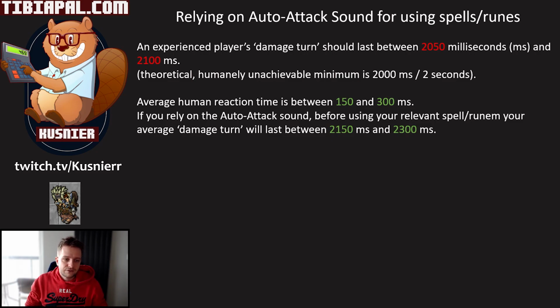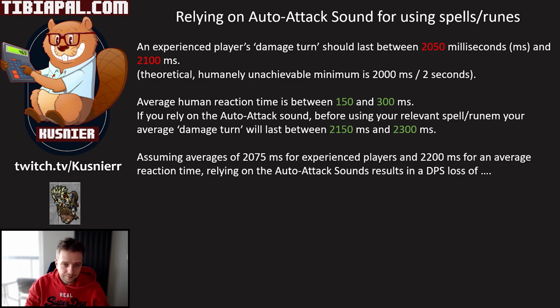So basically, if you rely on the auto attack sound, and when the auto attack sound happens you then decide in your brain to use your spell or rune, your average damage turn, let's say, will last somewhere between 2150 milliseconds to 2300 milliseconds. This is basically the 2000 millisecond theoretical minimum, plus the reaction time on top of that, based on how long it will take you to react to the audio cue of your auto attack going off.